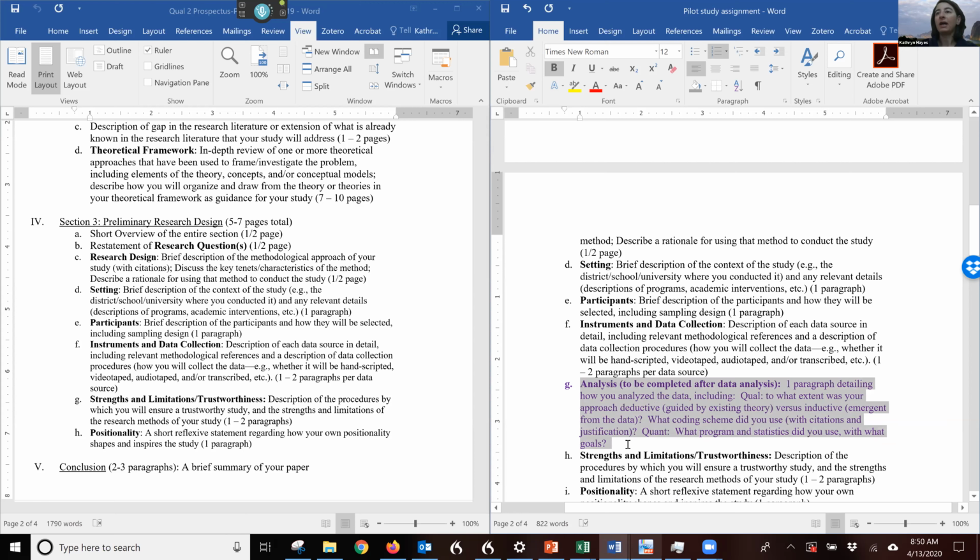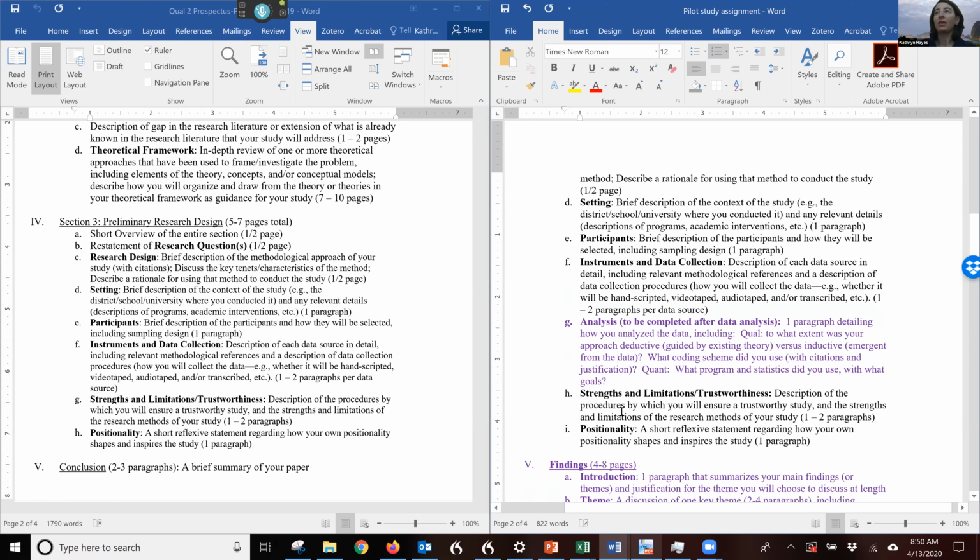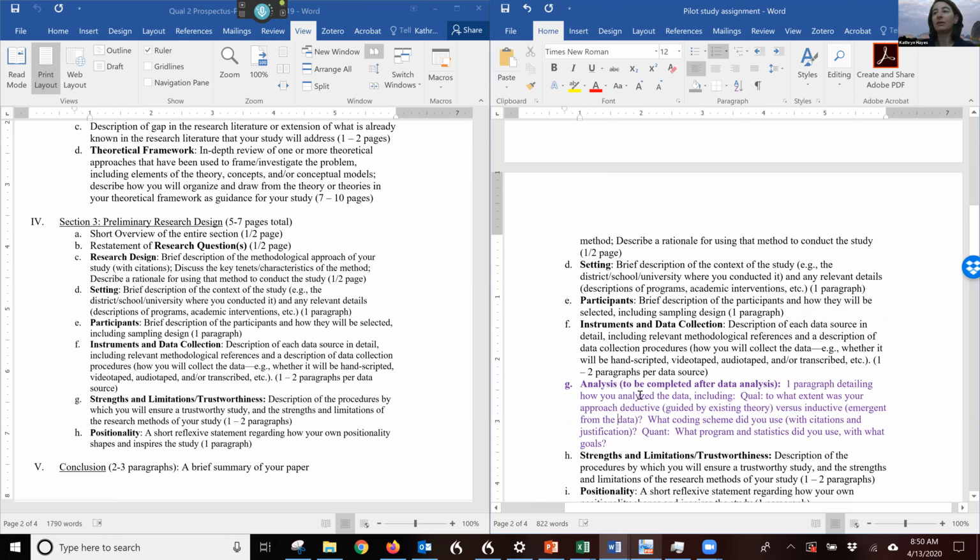So in your analysis paragraph, just to make sure we're absolutely clear, your analysis paragraph is different than your findings. Your analysis paragraph is like the roadmap, telling folks what you actually did to get to your findings. So it's just a paragraph and it's saying, I coded this way, I coded that way, here were some of the emergent codes, etc. And then when you get to your findings, you are going to actually tell them what you found.